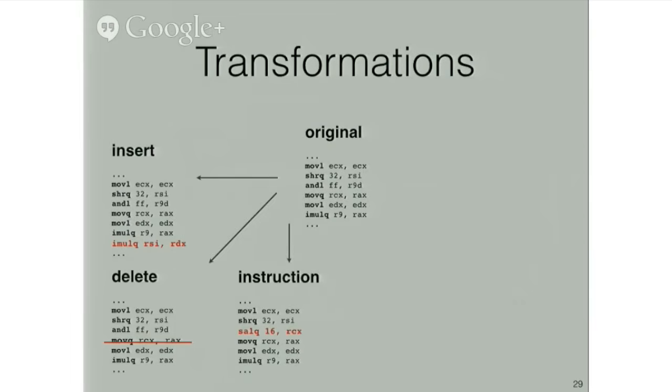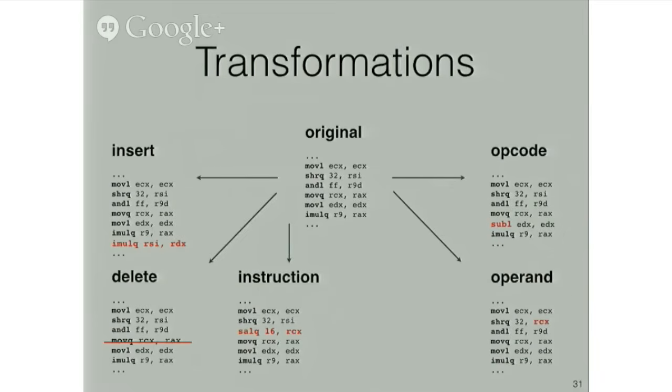Instruction moves will replace a random instruction with a brand new replacement. So in this case, the AND has become a shift arithmetic. Opcode moves replace only the instruction mnemonic for a random instruction in such a way that the new opcode is correct given the types of the old operands. Operand moves are similar except with respect to operands instead of opcodes. And finally, swap moves will exchange the location of two random instructions. Hopefully with a little bit of thought, you can convince yourself that these transformations alone are sufficient to transform any rewrite into any other.